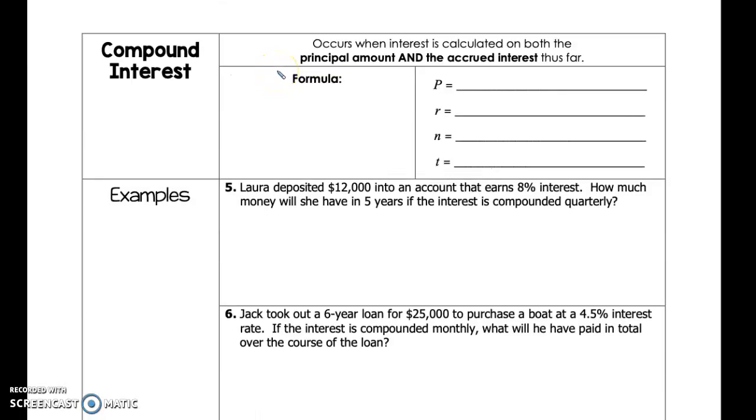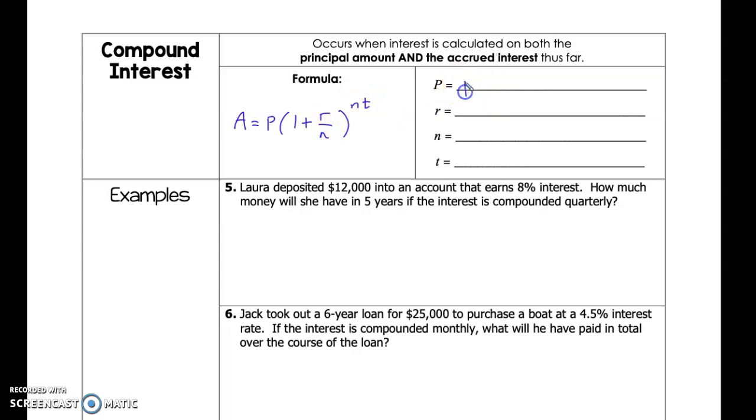Hi guys, so these are notes on compound interest. We've actually covered this earlier this year, so this should just be a review for you. All right, so our formula is A equals P times (1 plus R over N) raised to the NT power,